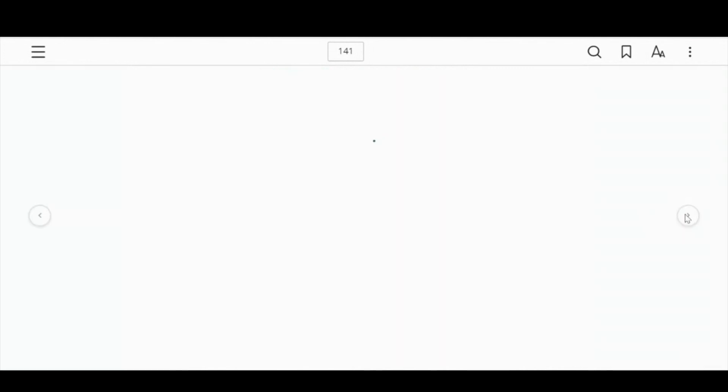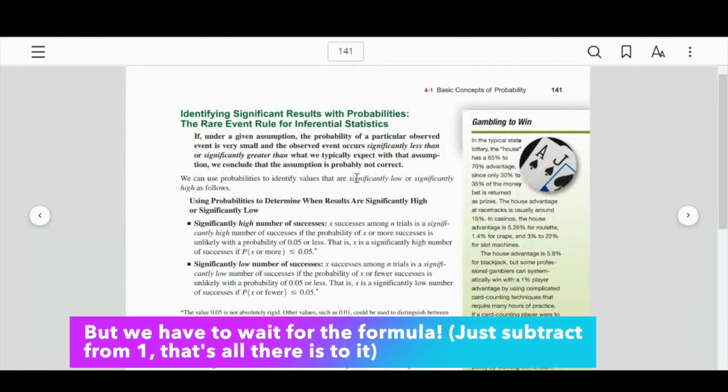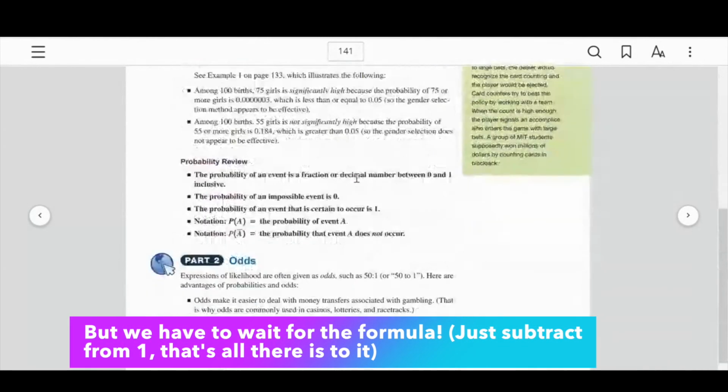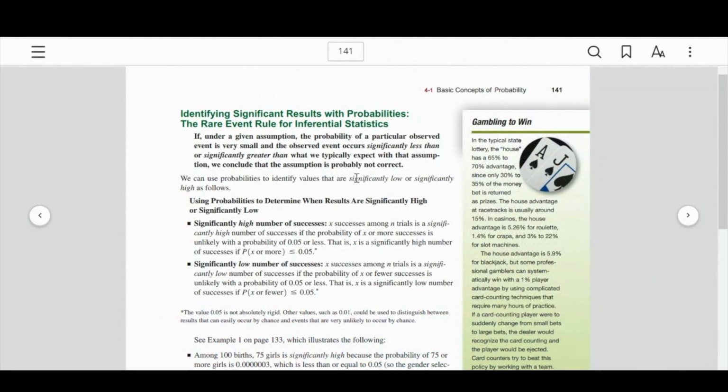That means we can do some simple algebra here. They give it to us in the next section. Gosh darn it. Why are they doing that? I always forget that they put that off. In the 123 book, they don't. They give it to you right then and there because it's easy.